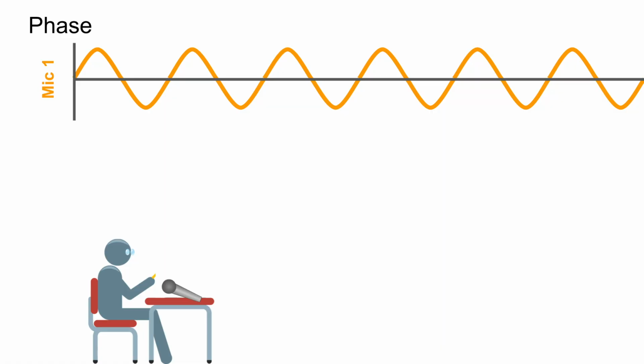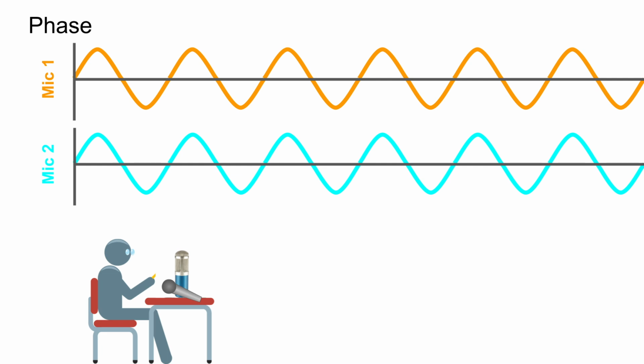Audio phase is an interesting concept, and this has to do with what happens when you combine 2 or more signals that are taken from the same sound. So in the example here, you can see that we have a person sitting at a desk with 1 microphone. And there at the top, you can see the graph of the sound wave as he's talking or she's talking. Nothing complicated about this. When we add a second microphone, and we put the second microphone at the same place as the first one, it's the same distance away. So it's recording the same sound, and it's the same distance from the speaker.